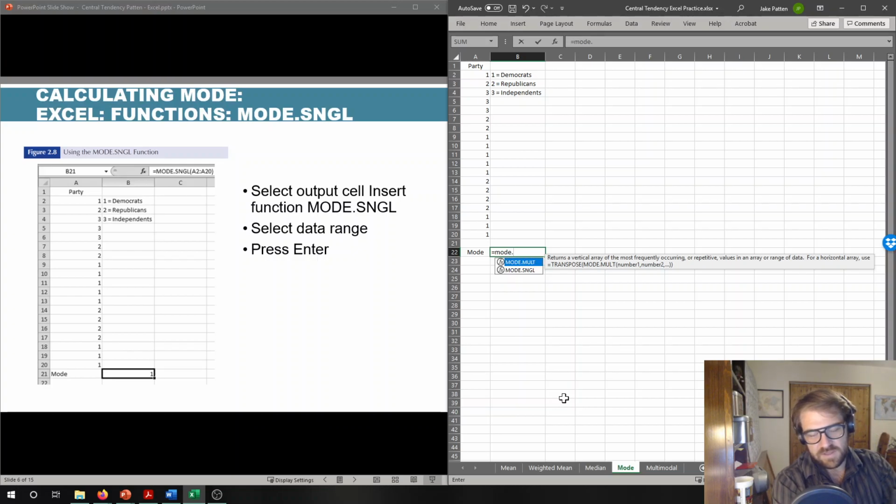It also just does single. If you just do mode without the period and then the rest of the code, it just gives you a single unimodal thing. Anyway,